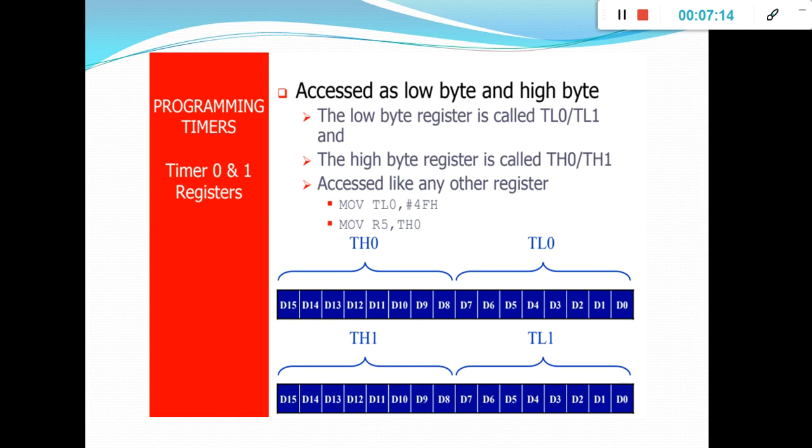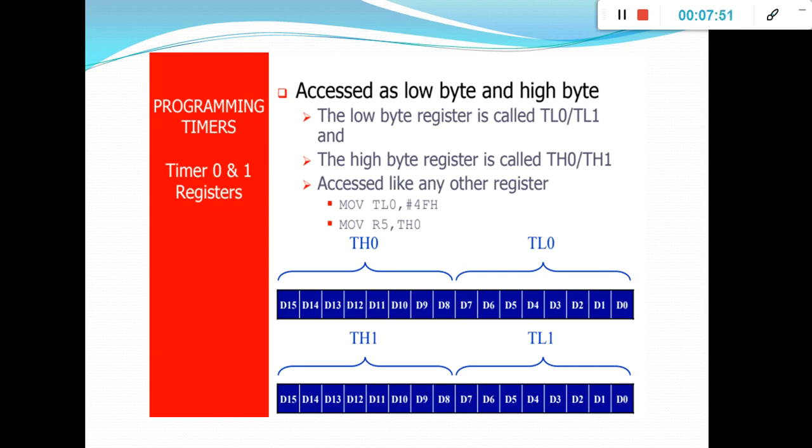It is also called a timer register, which is 8 bit. Here 4F is 8 bit. 4 means 0100, F means 1111, so totally it is 8 bits, one byte. So the entire 8 bits can be transferred to TL0. TL0 is also 8 bit, so the value fits there. This is how you can use a timer register to move data, add data, and so on. This is just a move instruction: immediate data 4F is moved to TL0, and the value will be present in TL0.